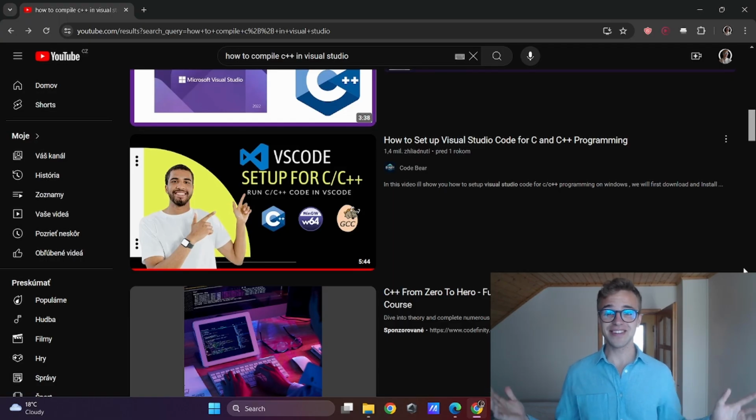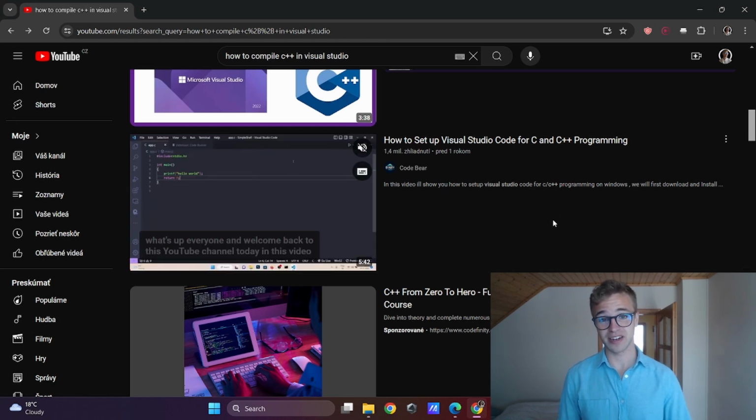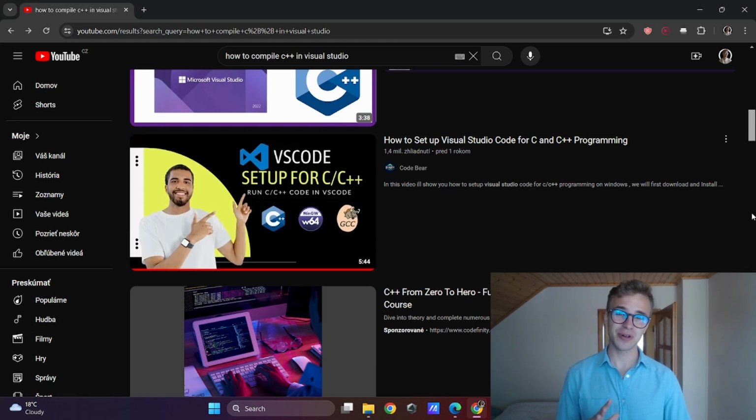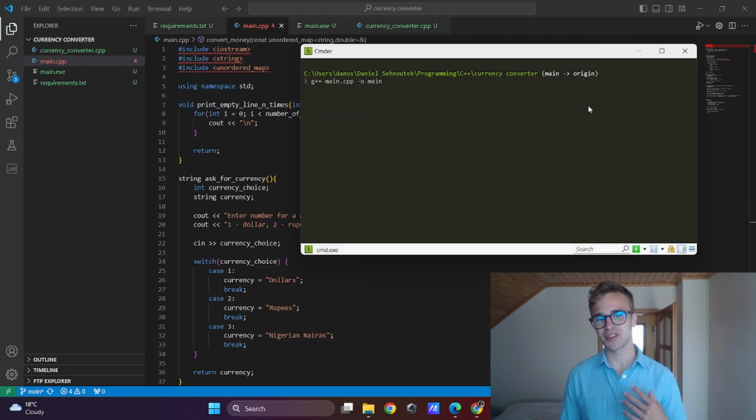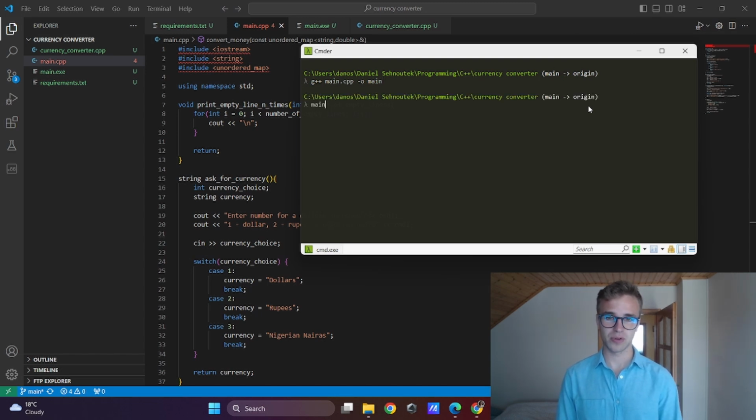Moving to the compilation part. The easiest way to compile and run your C++ programs is explained in this tutorial. I will leave a link to this tutorial in the bio, but I will also show you how I compile my programs. I will be using the same tools as in the video, but I will use the command line. I will write this line, then I will run the program, and here is a quick demo.